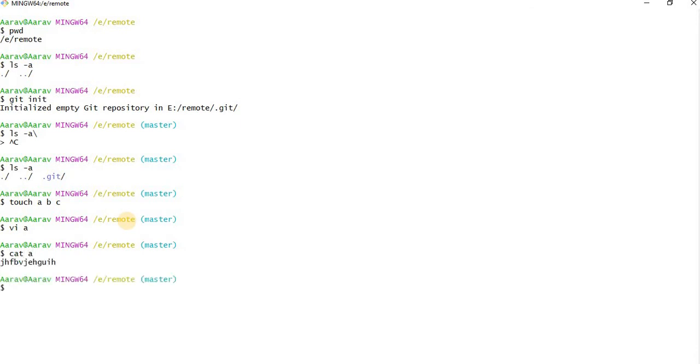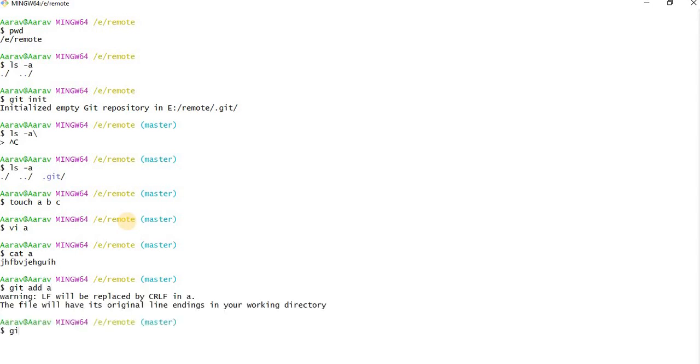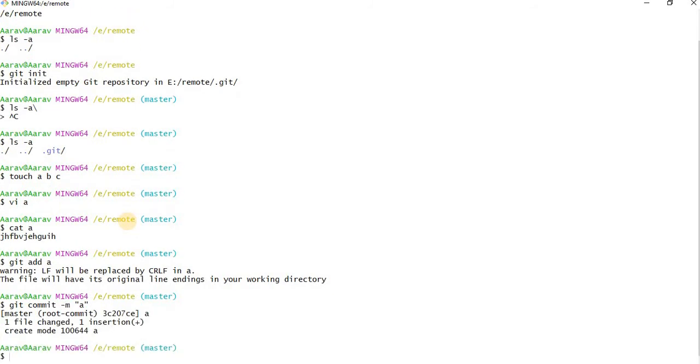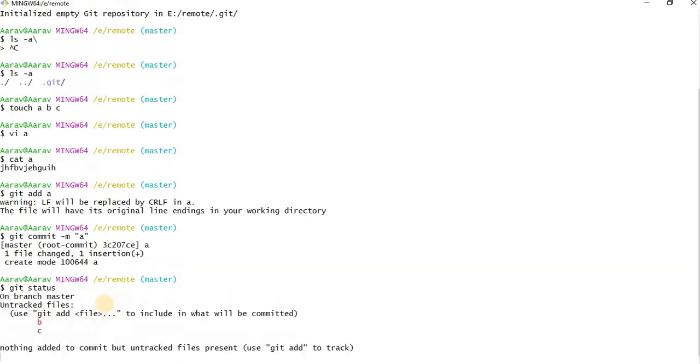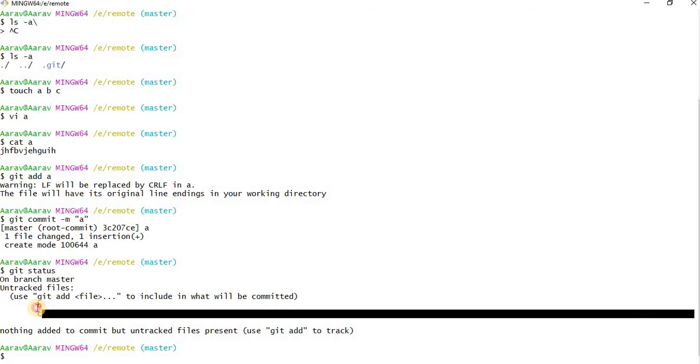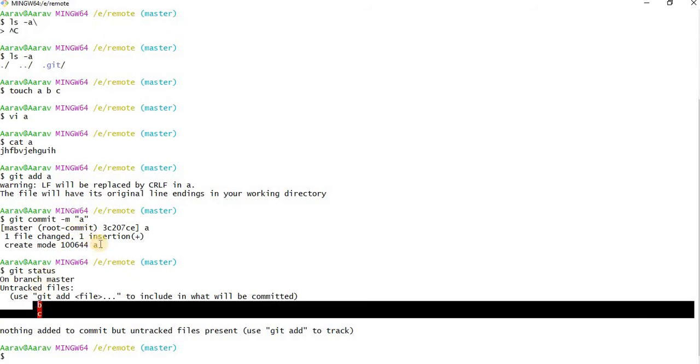Now I am doing git add a, git commit -m a. What I have done is added to staging and committed to the local repository. So this part we are familiar with. Correct. Just check git status, B and C are still untracked. A is committed, so it's not showing anything here.